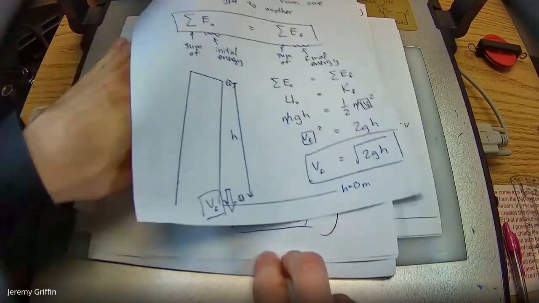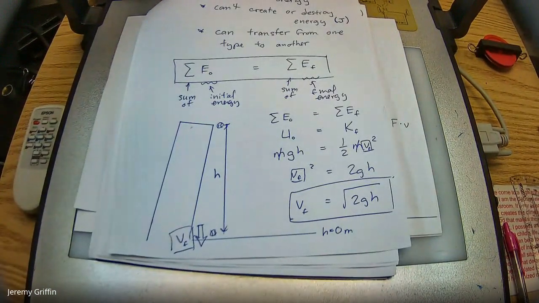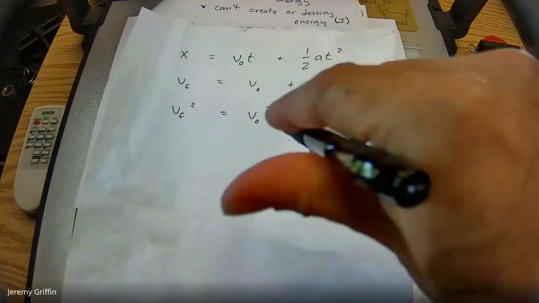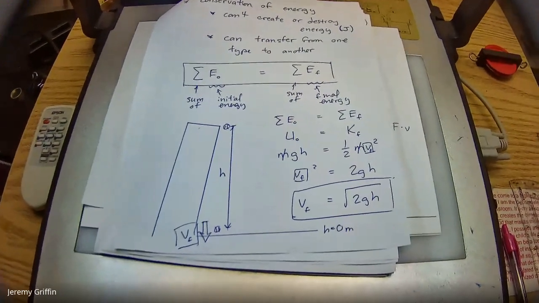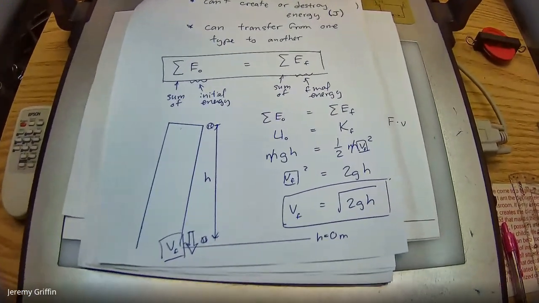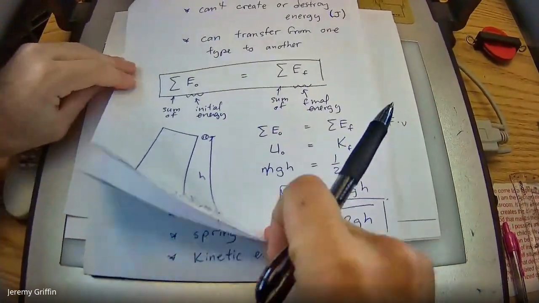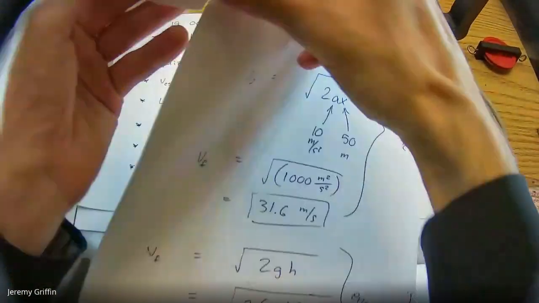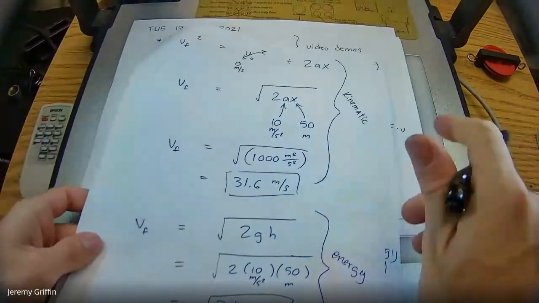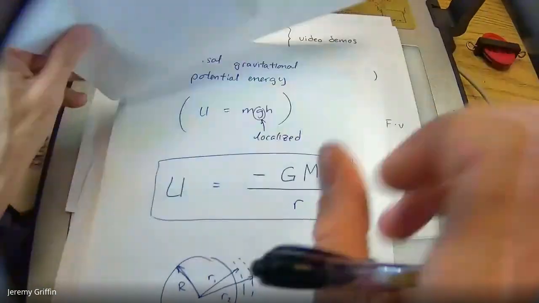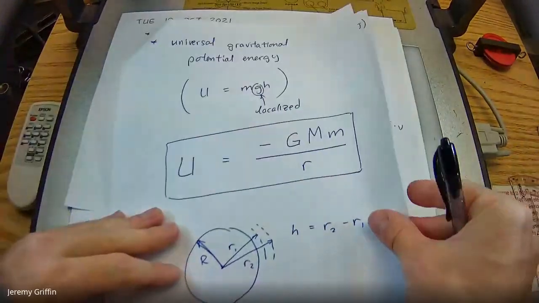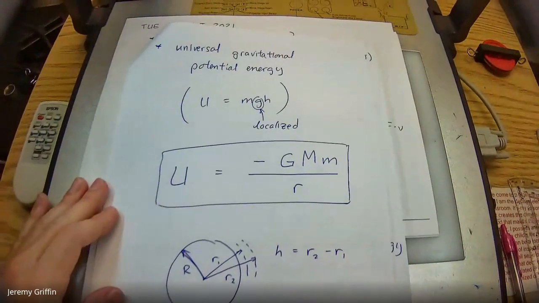You guys know another way to find the speed of the ball at the bottom, and that's to go back to your kinematic stuff from a long time ago, like this third setup. Physics is all self-consistent. Sometimes there's multiple ways to get to the same answer. That's what I was showing you here. Whether you use the kinematic approach or the conservation of energy approach, you get the same thing. And then here's as far as we got yesterday.